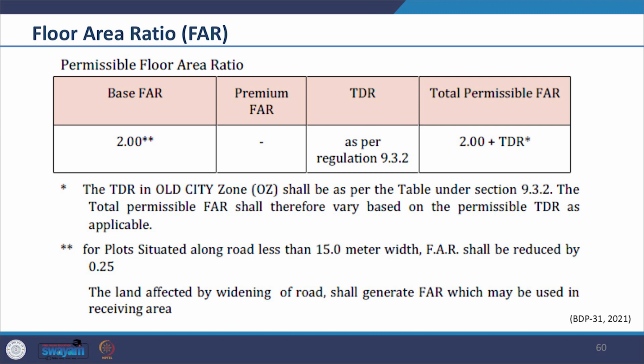You can see the FAR and TDR for the zone in the table given here. So which is the total permissible FAR plus the TDRs for encouraging the management of the heritage structures and precincts here. So you see how cultural or heritage aspect is addressed in a city through zoning. Moving on, we see next use is commercial mixed use zone.